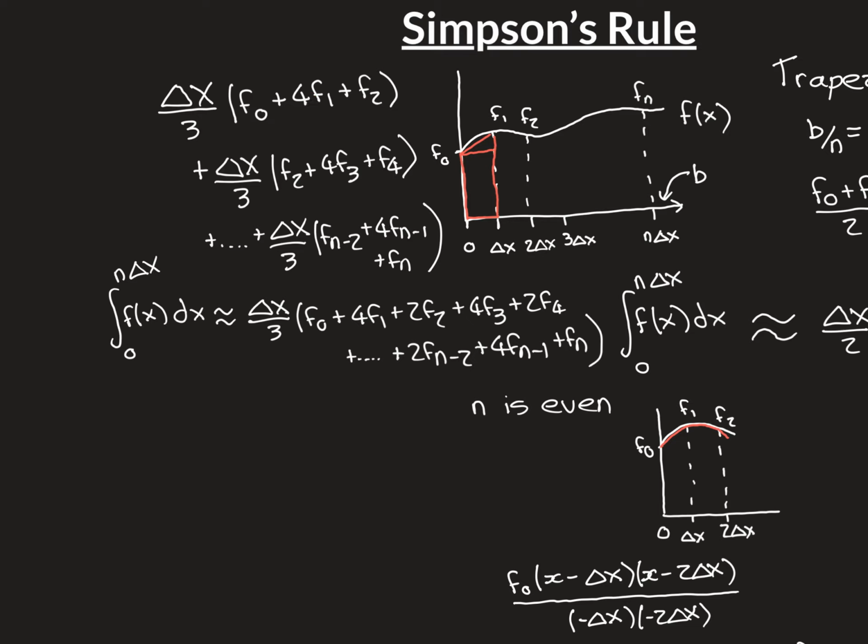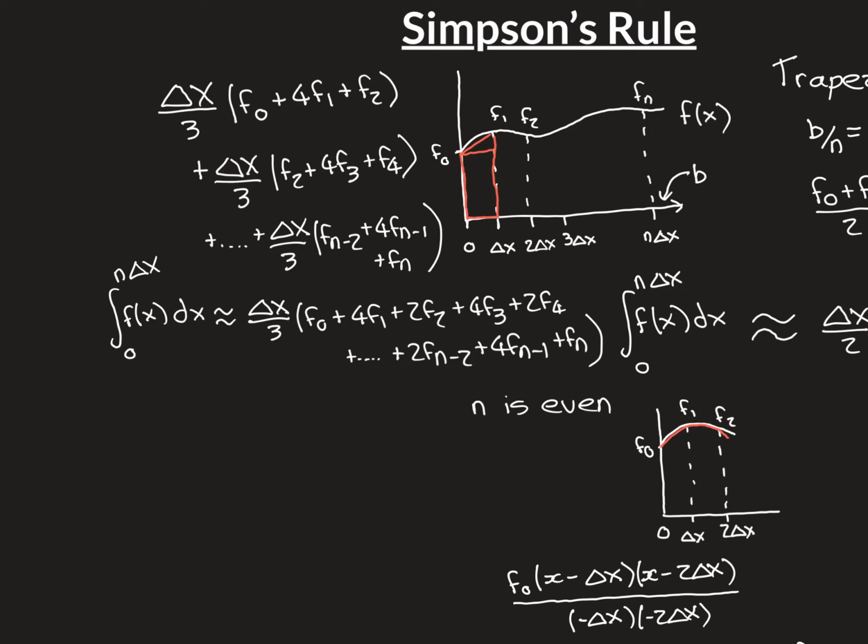Then the odd terms will all have 4 in front of them, so we've got plus 4 f1. The even terms that are in the middle, they're going to have 2 in front of them because each of them are going to appear in 2 of these terms that we're combining. So f2 is here and f2 is here, so you get plus 2 f2. Then you've got the plus 4 f3. For f4 finally, it will appear here, and then it will also appear in the next one, so you've got plus 2 f4, then you'll have plus 4 f5 plus 2 f6,